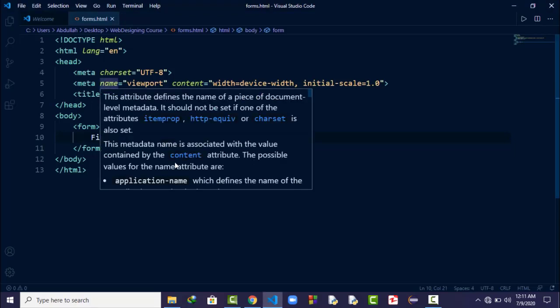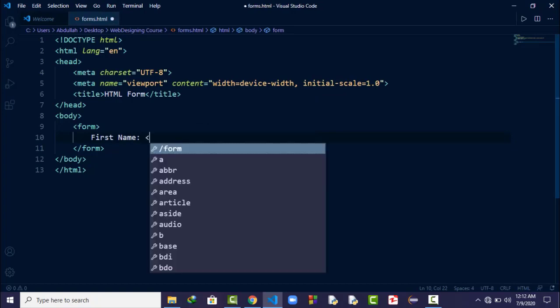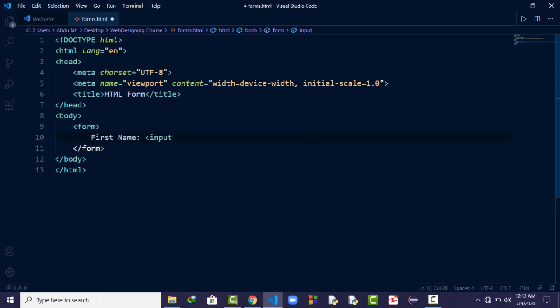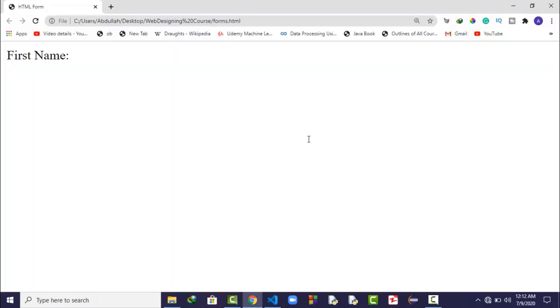So now to create this box, which is known as input box or input field, we can type the input tag, and then we can say type is equal to text. We just need to say this thing, and input is a self-closing tag, so we don't need to close this. After that, I will go back in the browser and I will refresh it. You can see we got an input field there, or we got an input box there. And not just that, we can also type here whatever text we want.